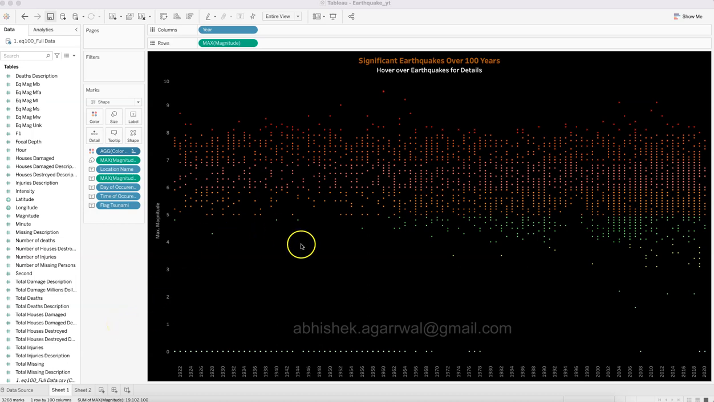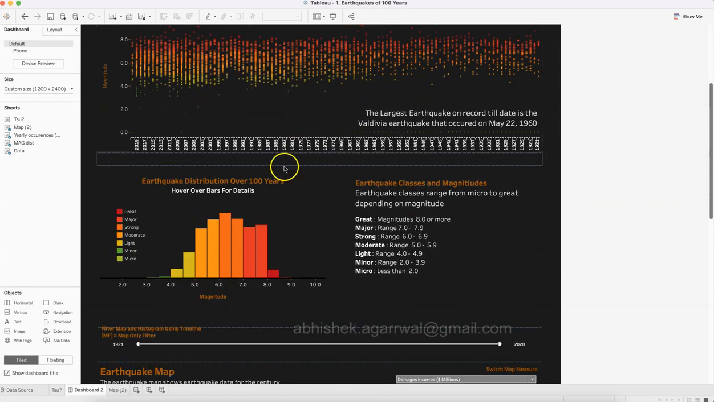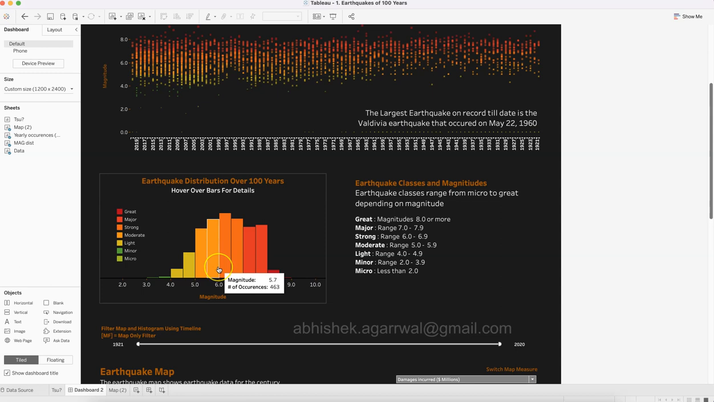Now, after visualizing the first part of this earthquake dashboard in Tableau, we are going to create the second visualization. If I take you here, this is the first one. The second visualization is earthquake distribution over 100 years. So this is nothing but